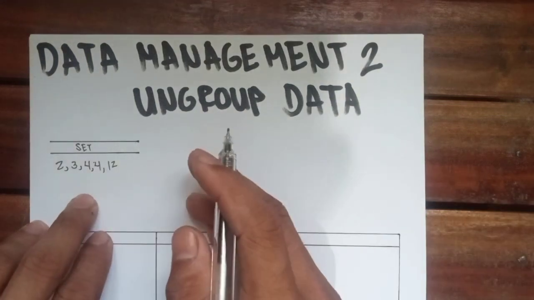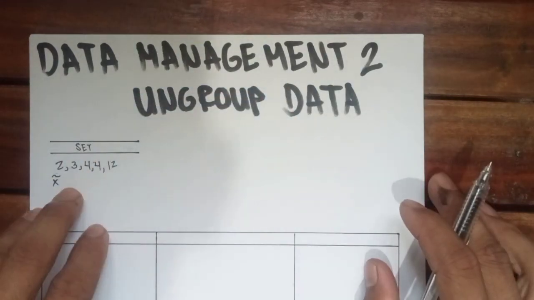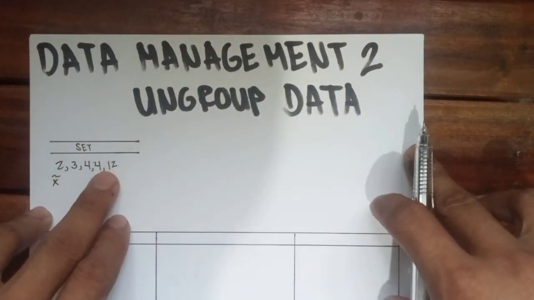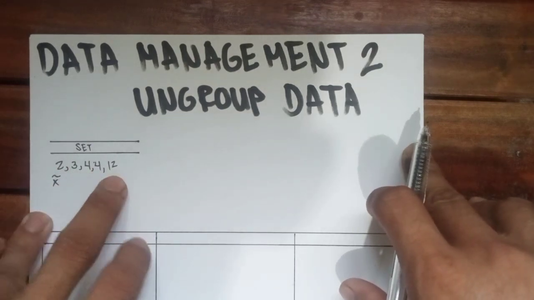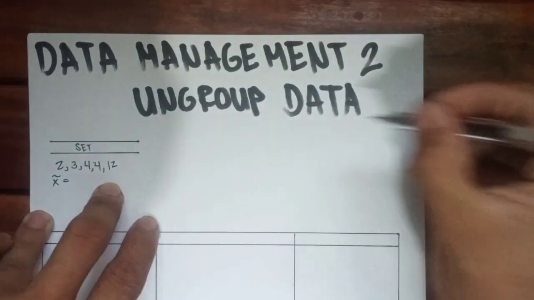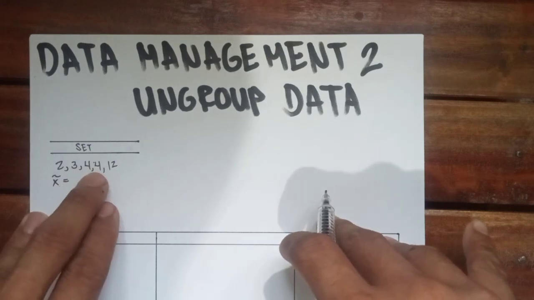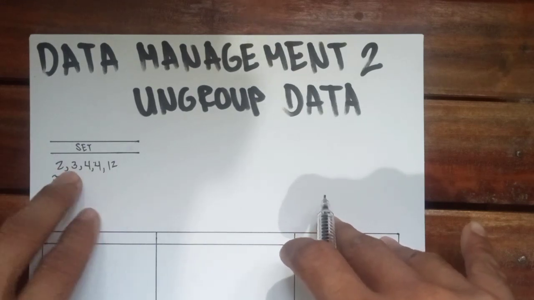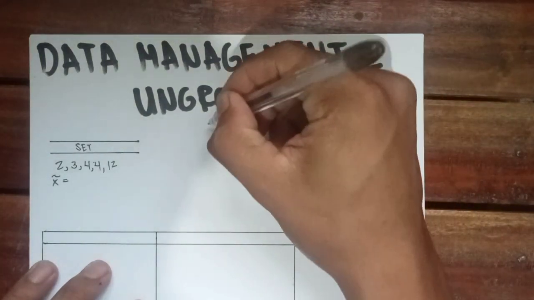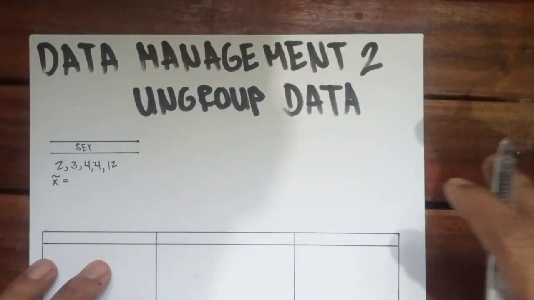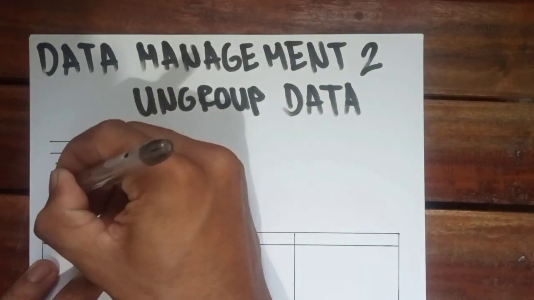So, kukunin po natin dito yung ating mean. Para po makuha ang ating mean, i-add lang po natin ito at saka po i-divide kung ilang variable sila. 1, 2, 3, 4, 5. So, i-add po natin to. 4 plus 12, 16. Plus 4 is 20. Plus 3 is 23. Plus 2, 25. Divided by 5. 25 divided by 5 is 5. Kuha na natin. And then, pumunta naman tayo sa